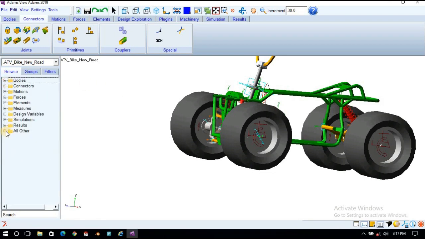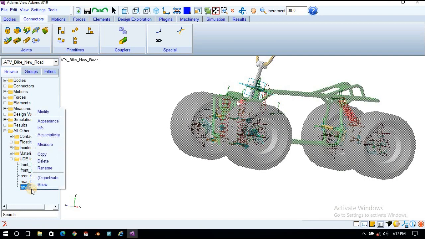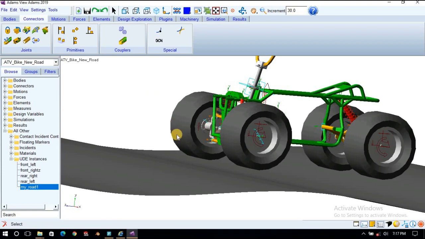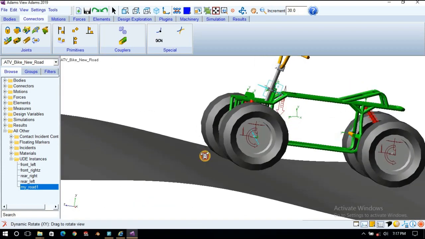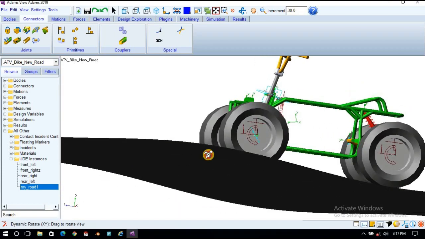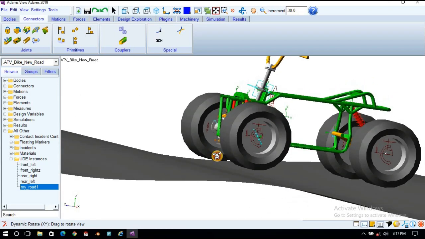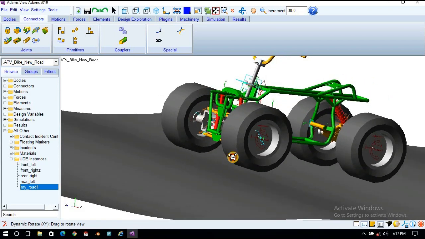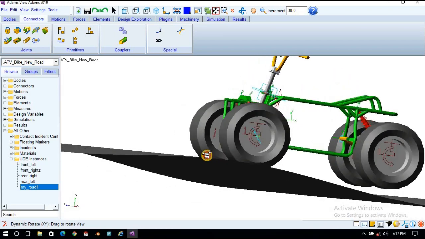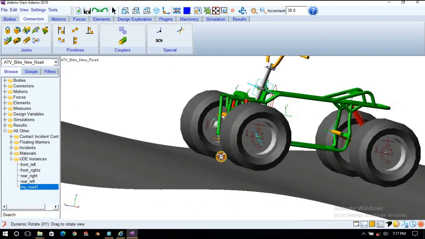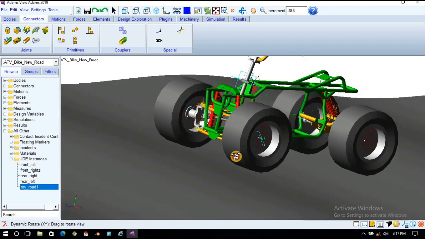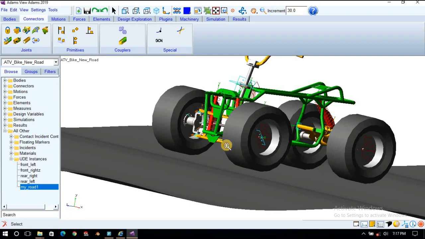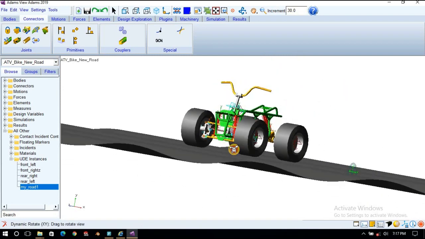So now we will show the road profile. So here distances show. Make sure there is a clearance between the tire and road, because under gravity it will fall and touch the road. If there is any overlap between road and tire, it may simulate falsely.